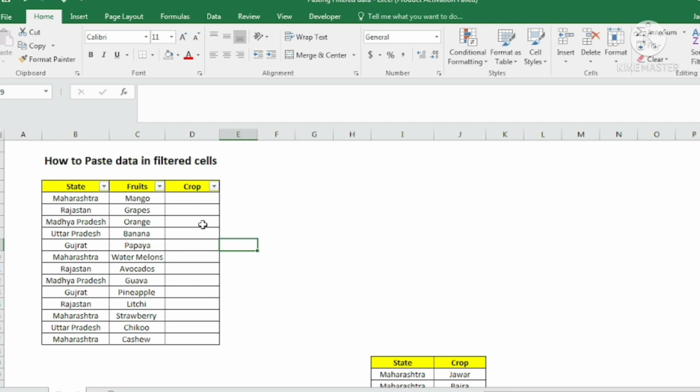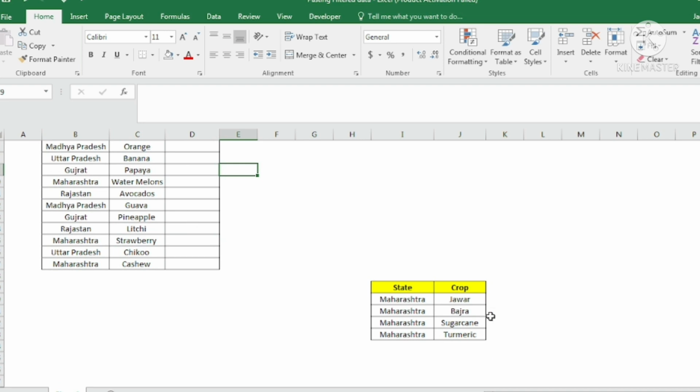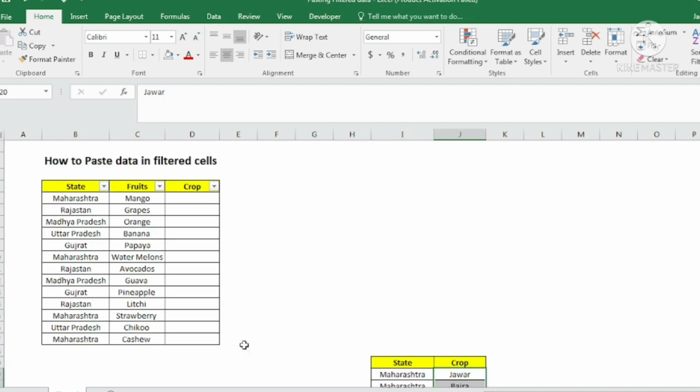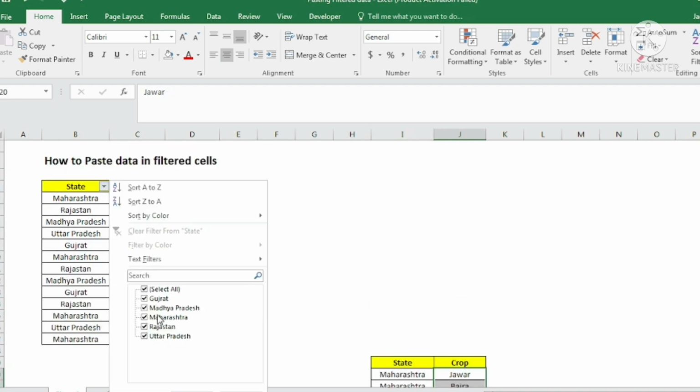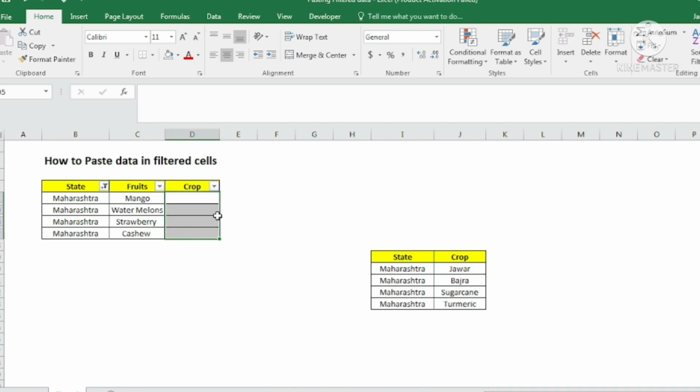What if I have the data in some other database, like here we have this state and in front of it the crop is written, but this data is not filtered. I want to copy this unfiltered data and paste it against the state of Maharashtra only, in these filtered cells.